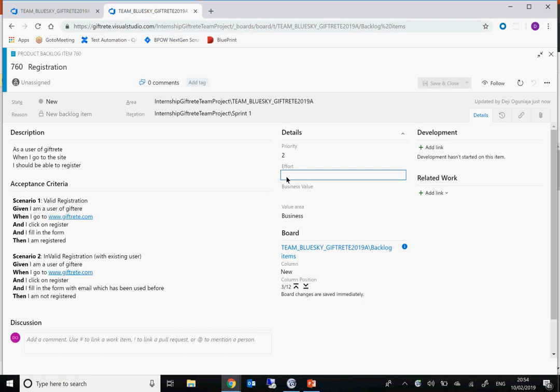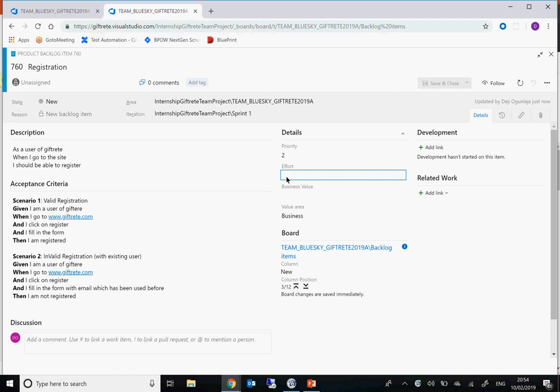The point is a relative point. So you look at previous stories that you've done. Let's say you did a login and you already estimated it as maybe 2, and you know registration is more than a login. You can use that as a metric to say if login is 2, then maybe registration should be more than login. So you will try to put the point relative to other stories that you've done, and relative to the fact that one is more complex than the other or one is more repetitive than the other. And the top part is